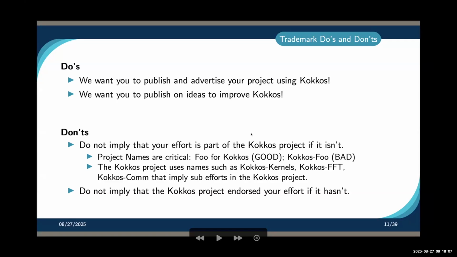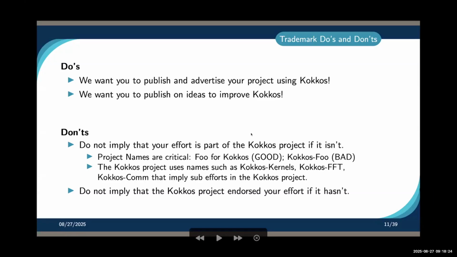That stuff we endorse, because these are efforts we support relatively heavily, where we have a good understanding of the quality and whatnot. And that's fine. But if we haven't talked with you about that, if that kind of endorsement doesn't exist,